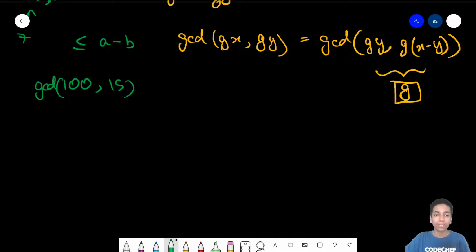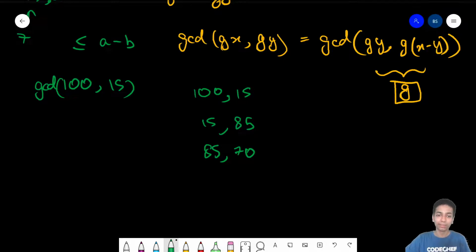So you have 115, right? This would make a call to 15 and 85, right? This would make a call to 85 and 70, right? Then it would make a call to 85 minus 70, and it will basically go on and on, right? So one thing that we can clearly observe here is that we are subtracting 15 a lot of times,